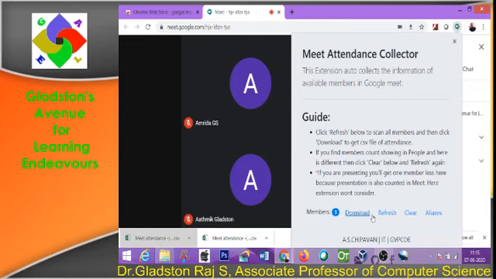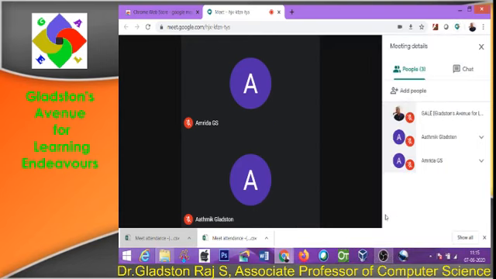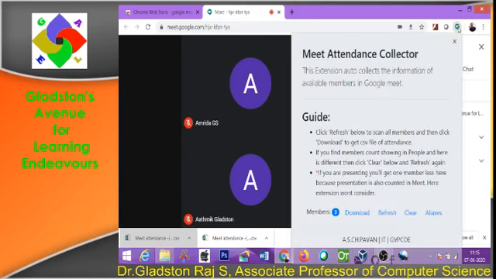To mark attendance, you have to click on refresh so that attendance is marked for the participants who are available at present. In order to get the attendance, again click on the icon,